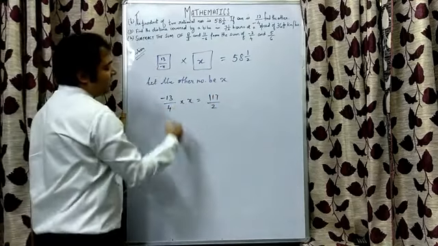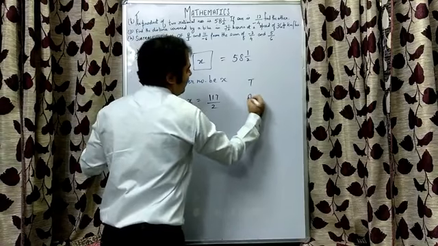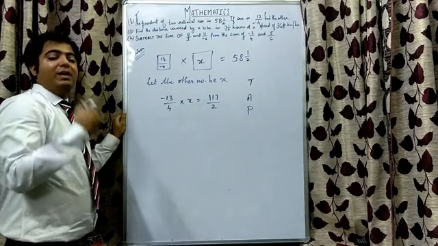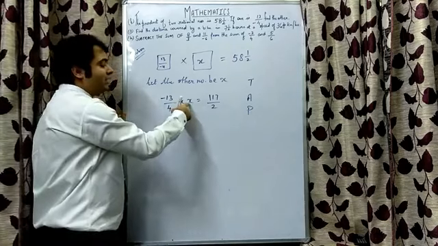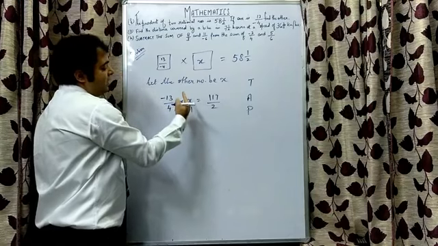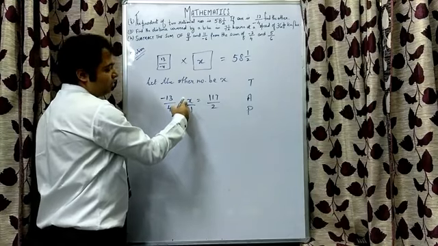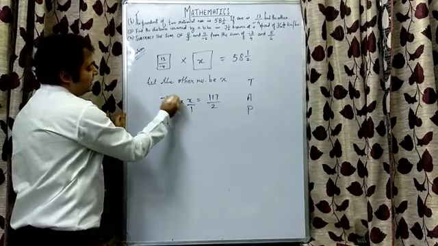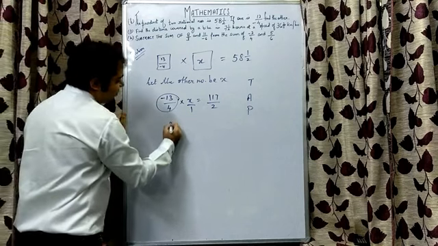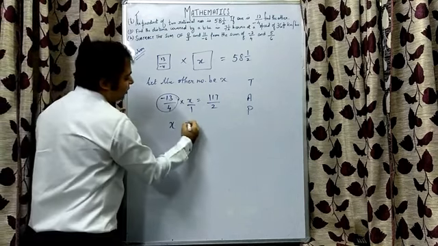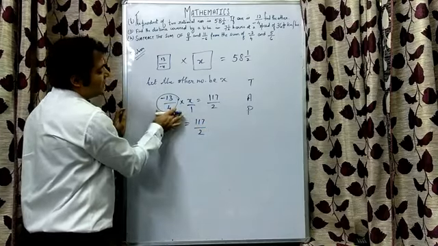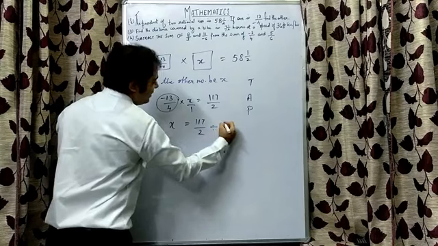Now whenever we need to find the value of any variable, I told you all, we will be following which rule, children? TAP rule. The variable should be on top, the variable should be positive, x is on top, yes, it's a numerator part, right? It should be positive, yes, x is positive, and x should be alone, but x is not alone. This entire term is being multiplied, so what will happen, children? X will remain on the left hand side of the equal to, 117 by 2 will remain as it is. This entire term was being multiplied, so it will become divided, minus 13 by 4.